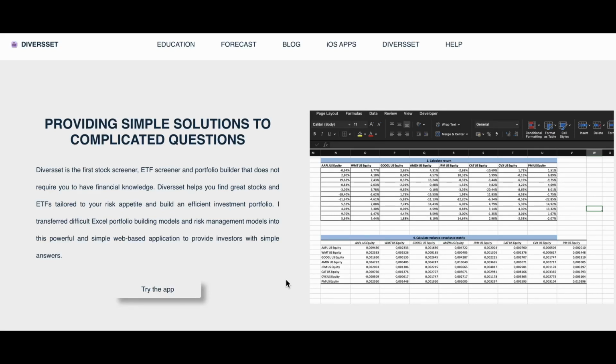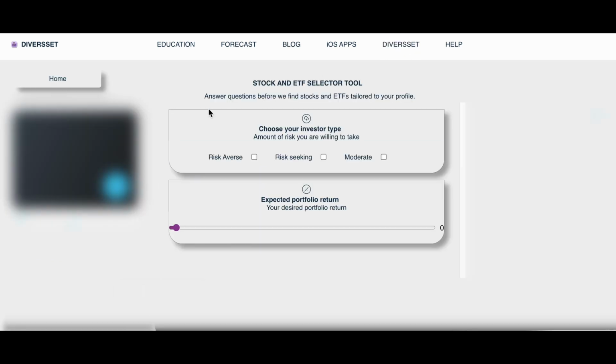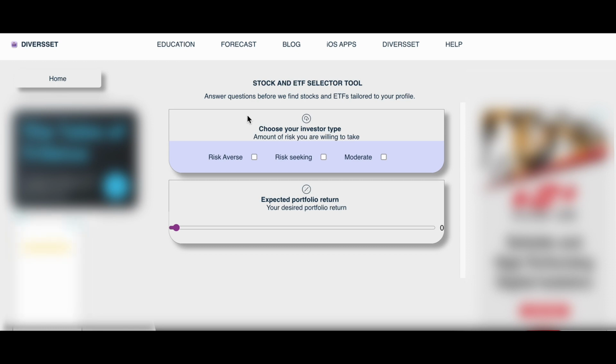All right, let me demonstrate to you really quickly how you can find interesting stocks tailored to your risk appetite and build a diversified, efficient investment portfolio where your potential loss will be minimized and your expected return will be maximized. Go to the Diverset website and click here on Diverset, and you have an option to choose among different